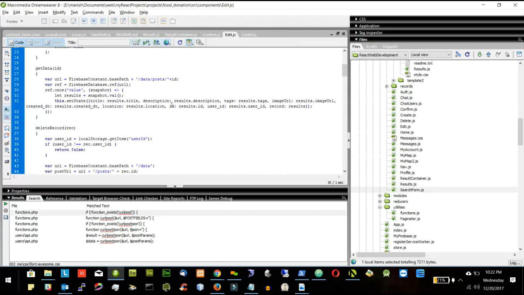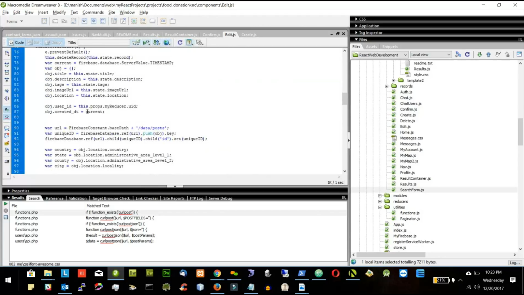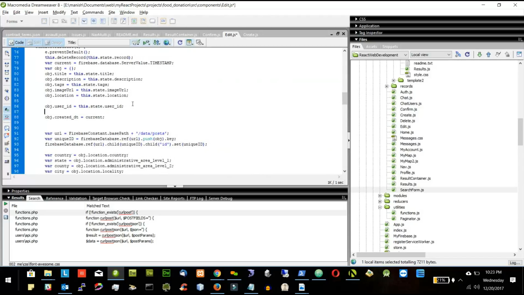I don't want to change the ID because ID was a unique thing which I deleted. So I want to keep the ID and user ID same. So what I will do, in the user ID, I will say this.state.user_ID because we saved it in the state, and I will also pass the ID. I will say ID is equal to this.state.ID,